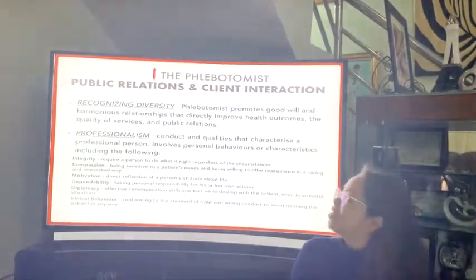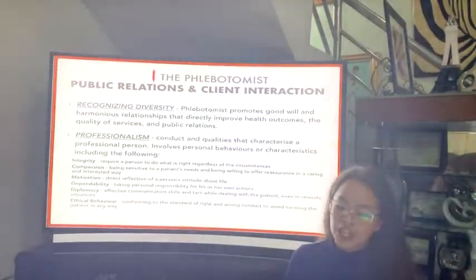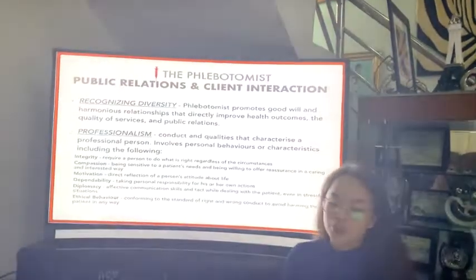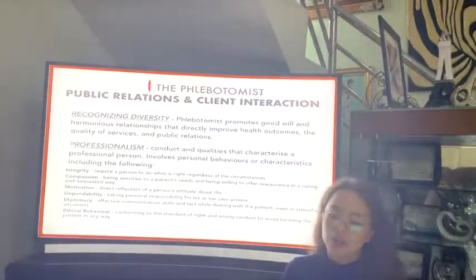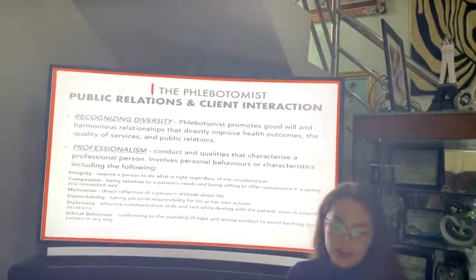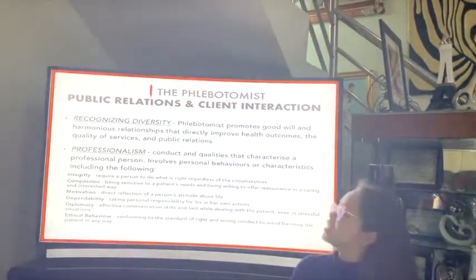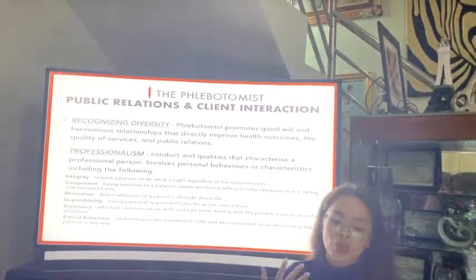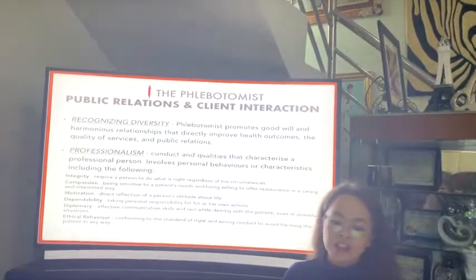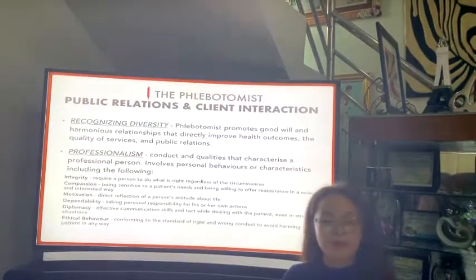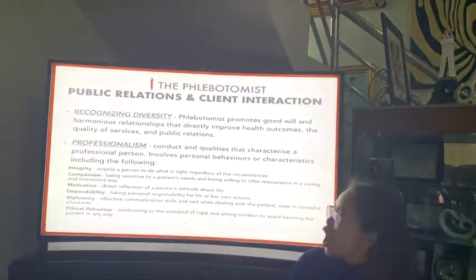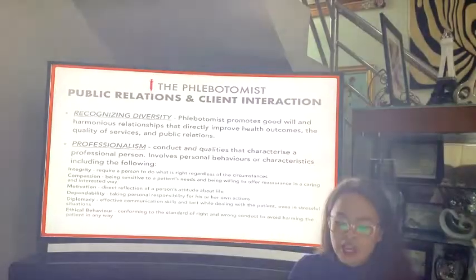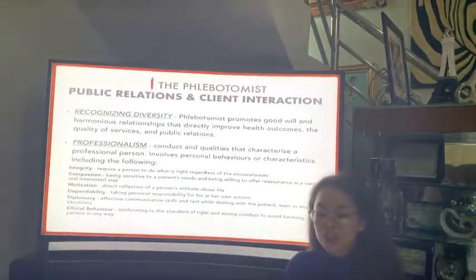First, they need to recognize diversity. The phlebotomist promotes goodwill and harmonious relationships that directly improve health outcomes, quality of service, and public relations. Second, they need to have professionalism, the qualities that characterize a professional person, which involves professional behaviors or characters including the following. First is integrity, which requires a person to do what is right